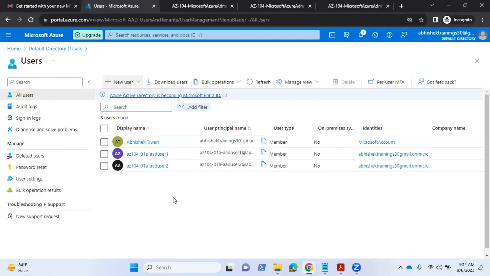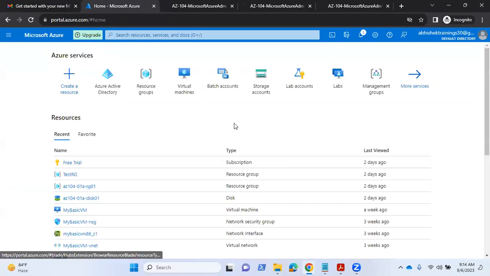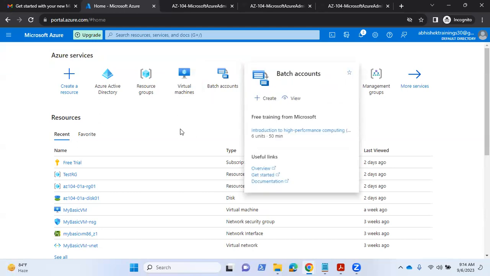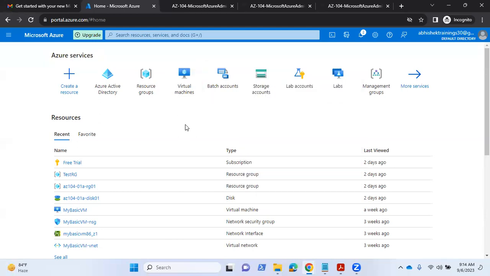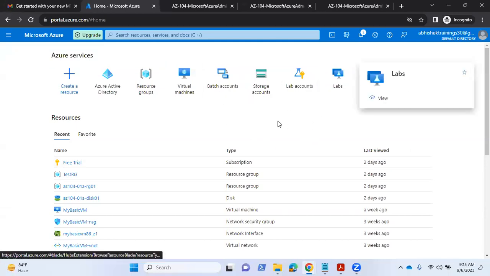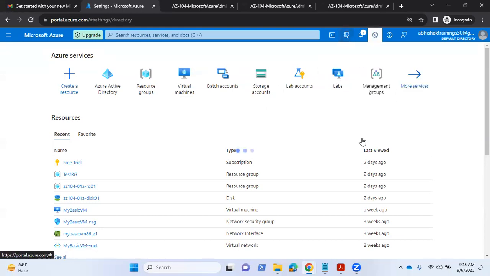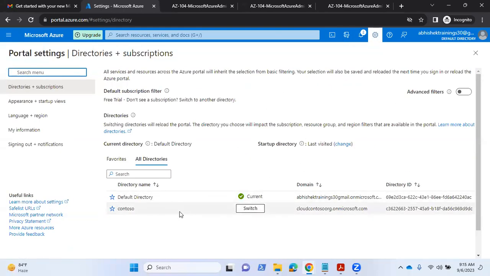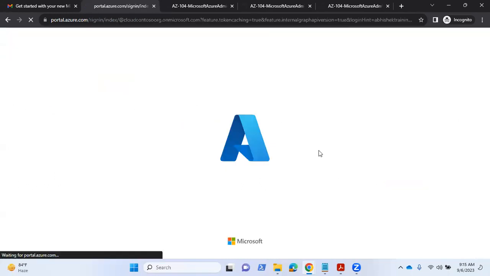See, why I'm telling you default directory. You see the default directory. We have a subscription enabled here. You can use all the services, right? Yes, sorry. You can have all the services here. You can use all the services. It's because you have chosen a free trial subscription here, right? Using this, you created tenant directory. Which one? Contoso. Now, if I switch this Contoso directory,